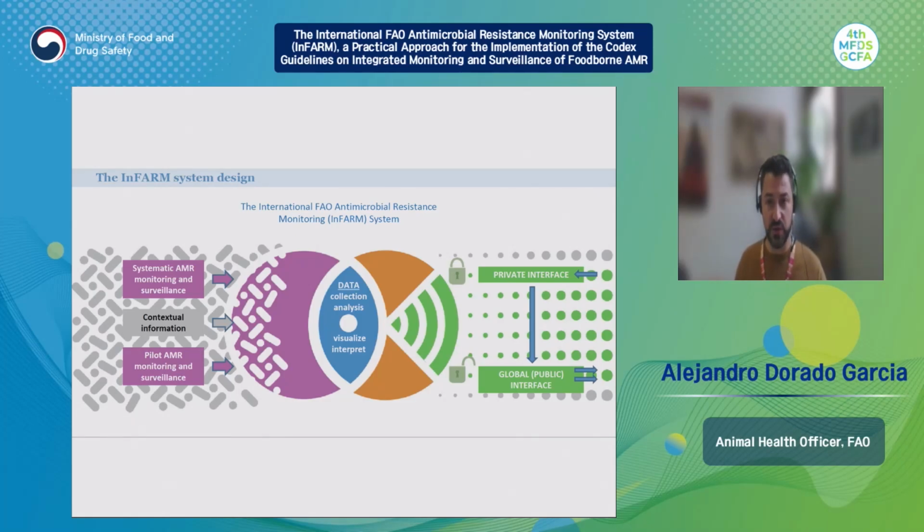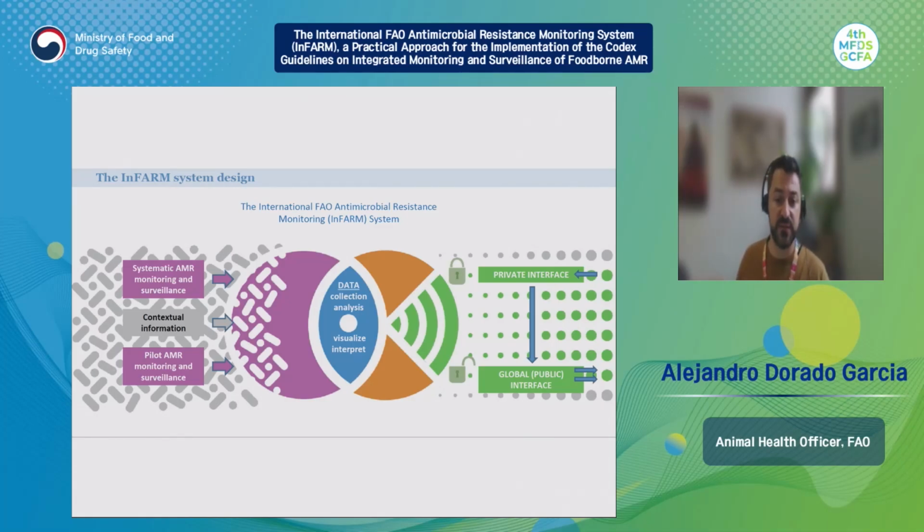Then we are also going to be collecting in the platform data that contextualizes the information we receive on antimicrobial resistance, such as assessment reports from assessment tools that we use in FAO, like the Atlas tool. There might also be surveillance plans, surveillance protocols, and different other materials that countries might be sharing in a repository of information for contextualizing the information.